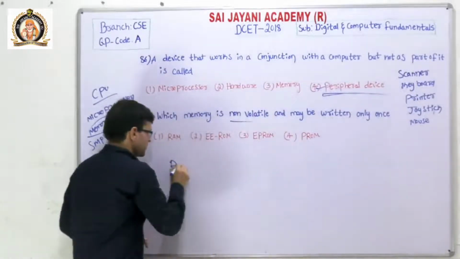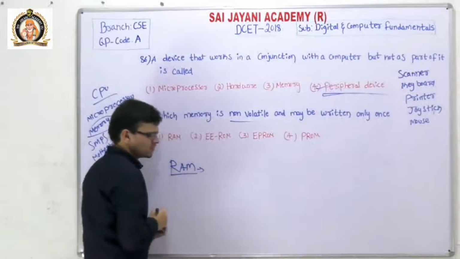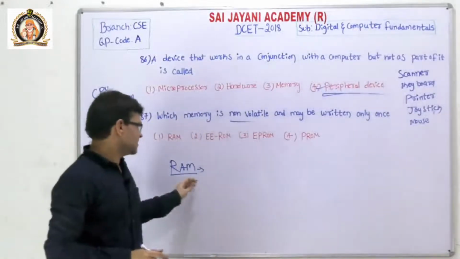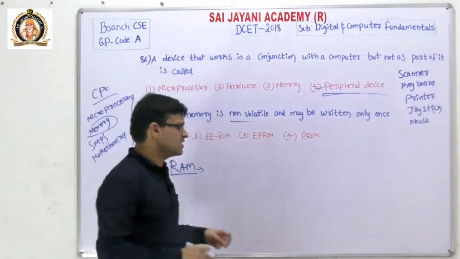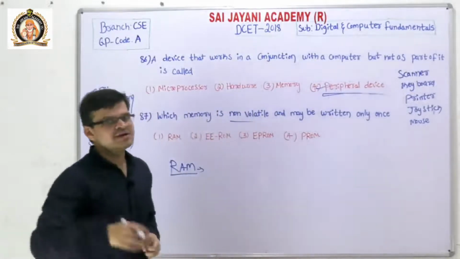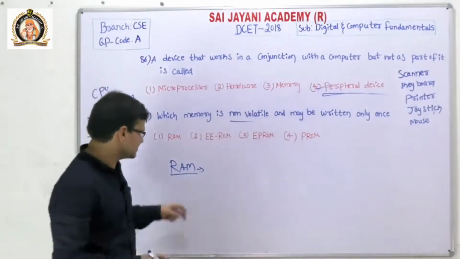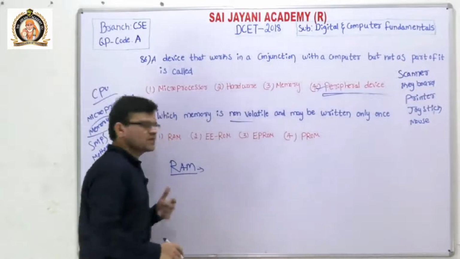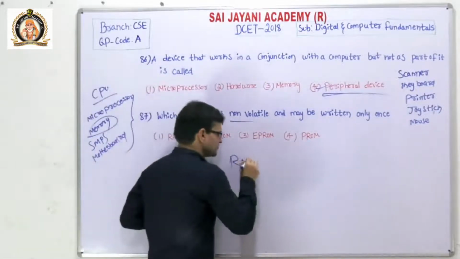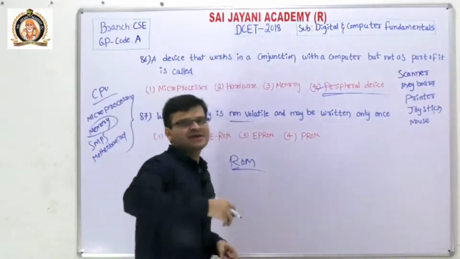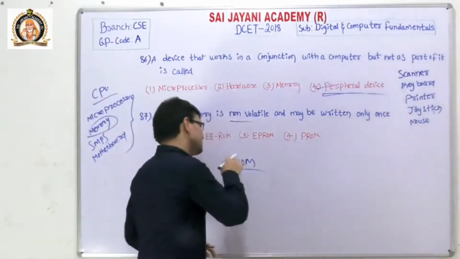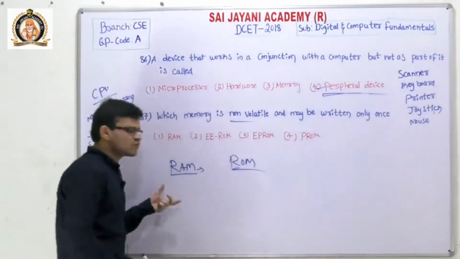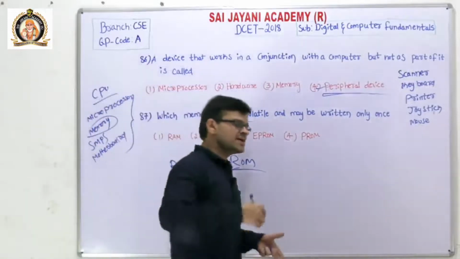Okay, and we know that RAM is called the volatile memory. Why? Because RAM stores its contents only until the power supply is on. Whenever the power supply is off or interrupted, the data stored in the RAM vanishes. So it is called the volatile memory. And all ROMs are non-volatile, because the data is present even without the need of a power supply. It is not vanished, it is permanent. So RAM is also called the temporary memory, and ROM is also called the permanent memory.